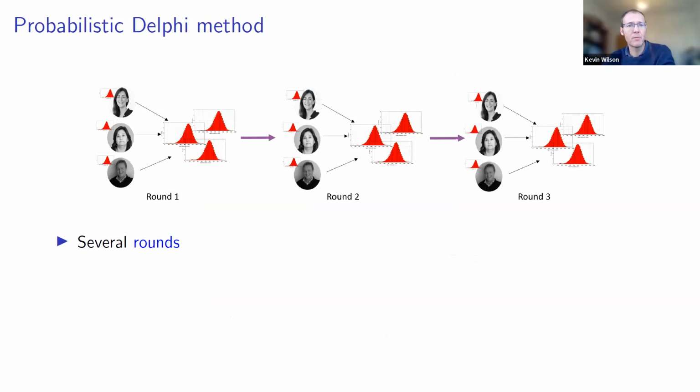So how does the probabilistic Delphi type method work? Well, it's essentially a specially tailored Delphi approach, and Delphi methods basically means you do things in a number of rounds. So in the probabilistic Delphi method, in round one, with each of your experts, I've got three experts here, you would perform an individual elicitation to get your hands on their individual uncertainty distribution, or perhaps prior distribution if you're a Bayesian.